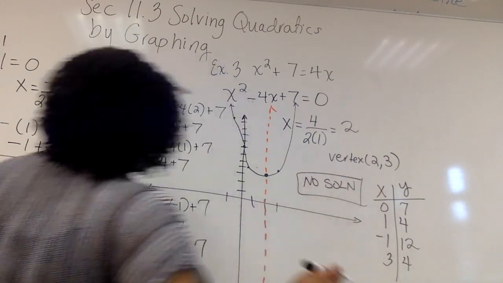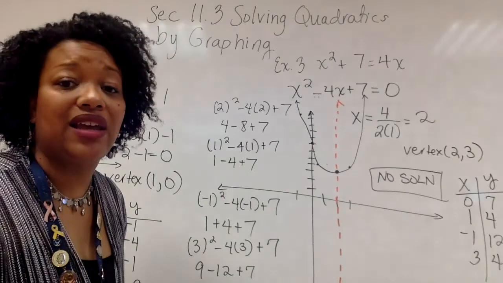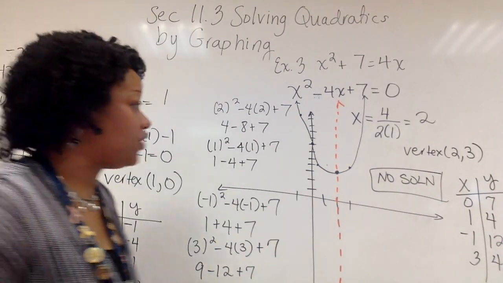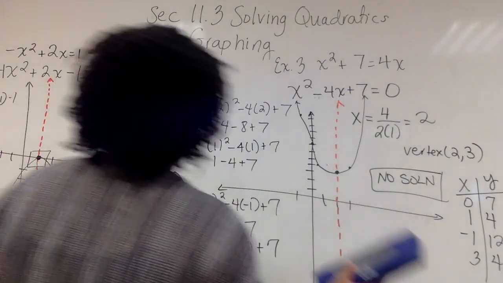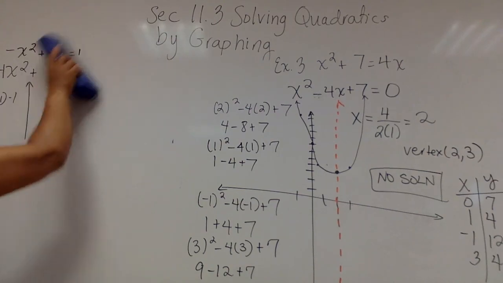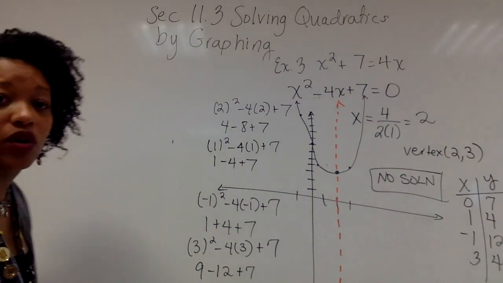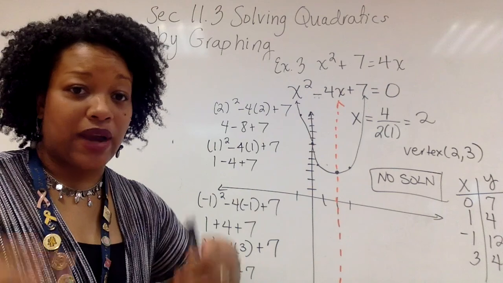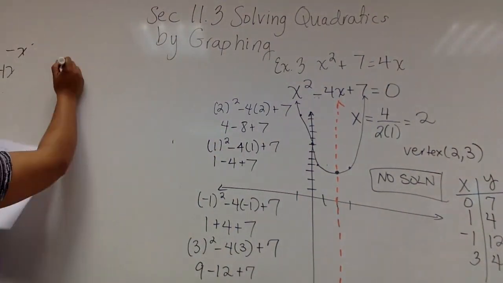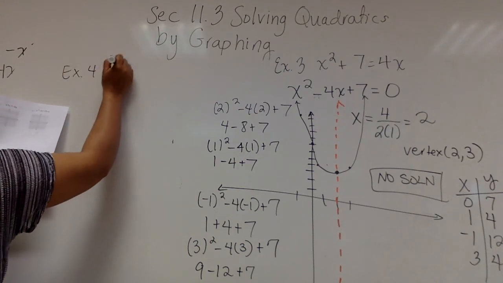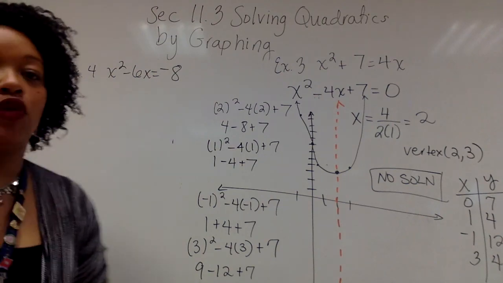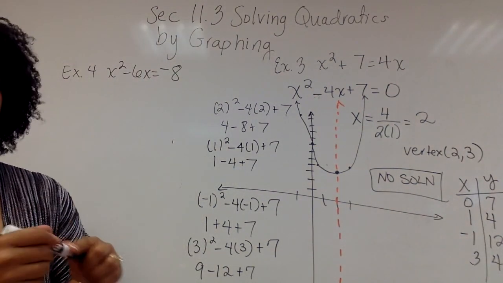Guys, that's it. I could do these problems all day long. It's not going to help. You got to try to do them on your own. So speaking of on your own, what I want you to do is take example 4. And if you're in the classroom watching these videos, then you can stop the video and I can check your work, and you can ask Miss Barrett or Mr. Bradley or whoever's in the room. But I want you to try to do this one on your own. X squared minus 6x equals -8. Okay? Go through the steps. Do it. You will not get full credit unless I